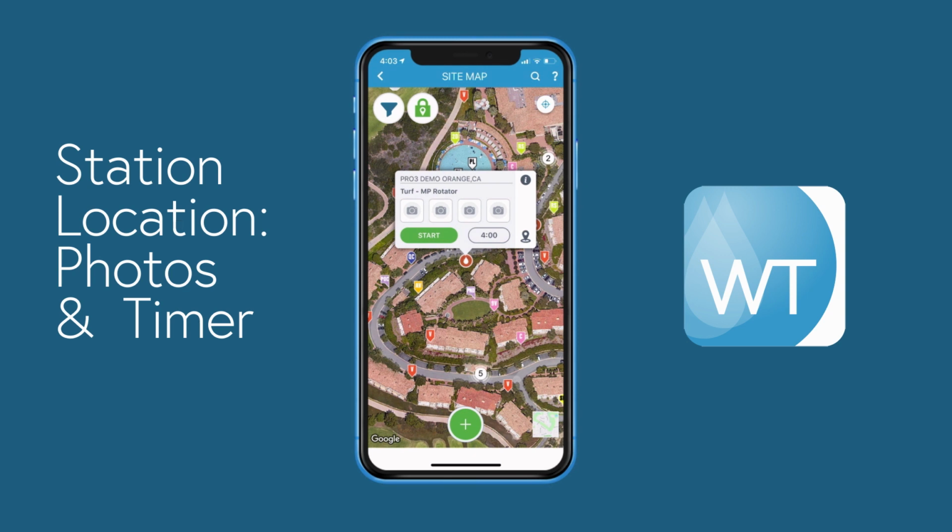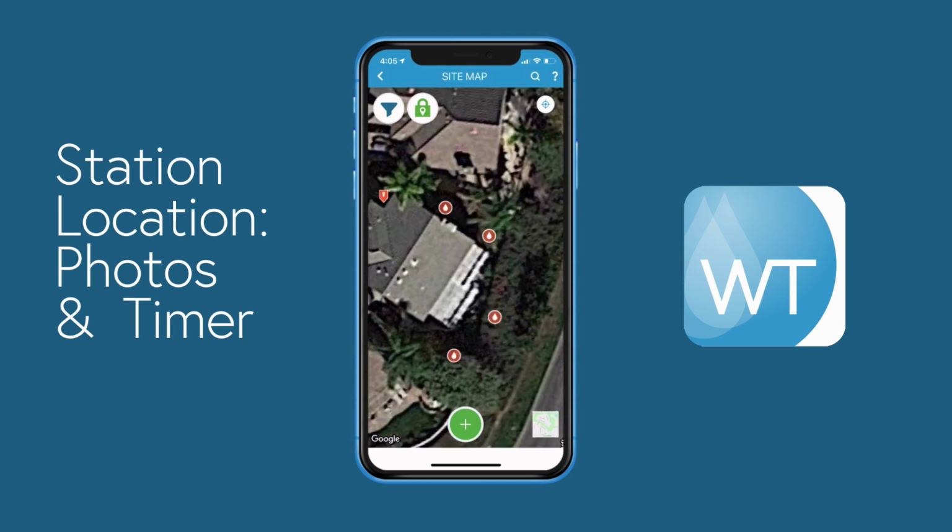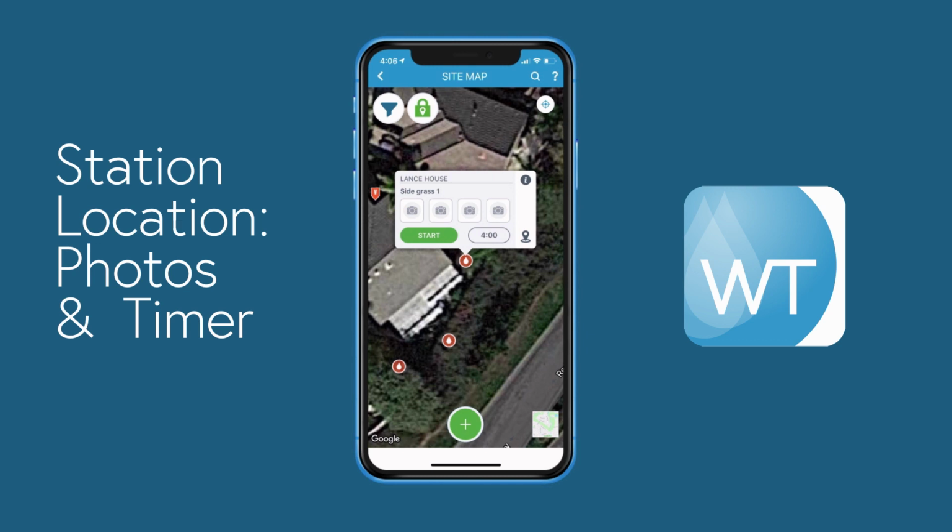Now, station location assets are assigned to a station valve or a station on the controller. And by placing a station location asset, you're just identifying where to expect watering to occur. So while doing a wet check, it makes sense that you should be able to select a station location asset and be able to start and stop the station from the asset itself. And because you're looking at a map, you know exactly where you are in relation to where the watering should occur. So what's new in version 3.1.4, as you'll see as I select this station location asset, is that we've added